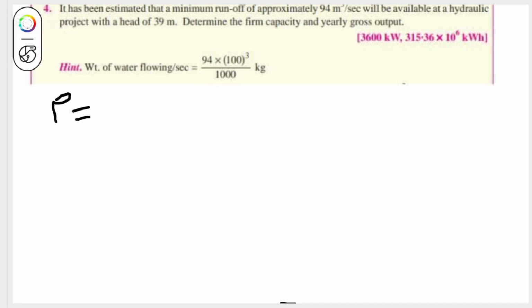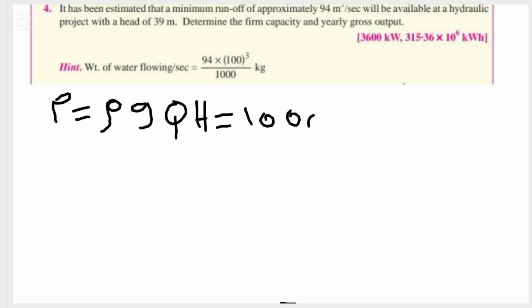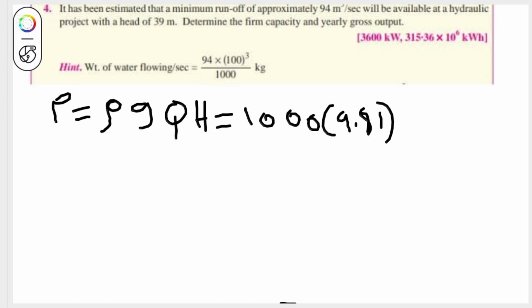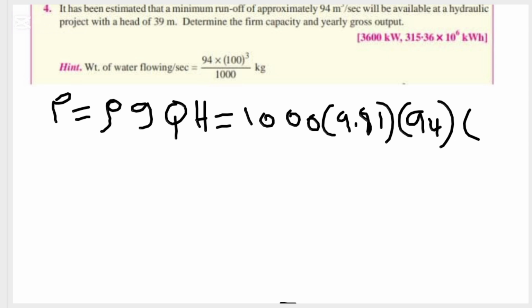So therefore this P will now be equals to rho g Q H, and it is the same thing as, as we all know, 1000 multiplied by 9.81, and also multiplied by 94, and also multiplied by 39, which is the height,